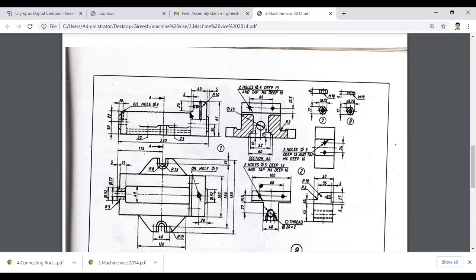This length is how much? You have to calculate. Total is 85, so 85 minus 25 is 60. 60 minus 57 is 3.